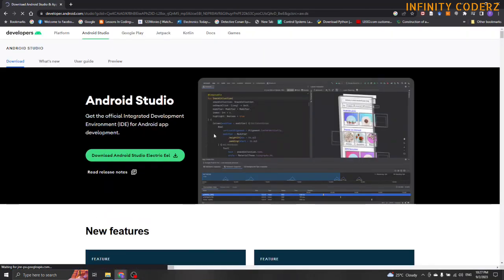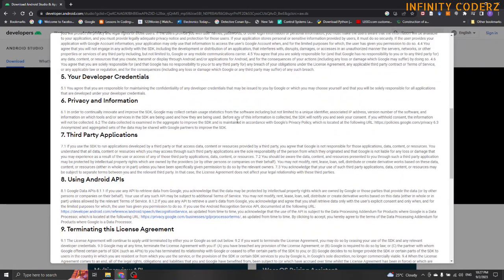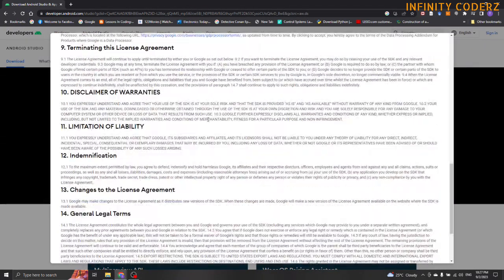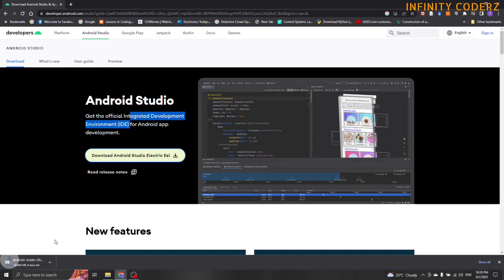In the web page, under download, there would be an official download of the latest available version every time there are new releases. There are two ways to download Android Studio. For the first time, users installing Android Studio could click on the download from the main website. For existing users who wish to upgrade to the latest version, they could upgrade from Android Studio under check for update, which is faster. After the user clicks on download Android Studio, there are some terms and conditions that we have to go through. Once done, click OK for the download to begin.